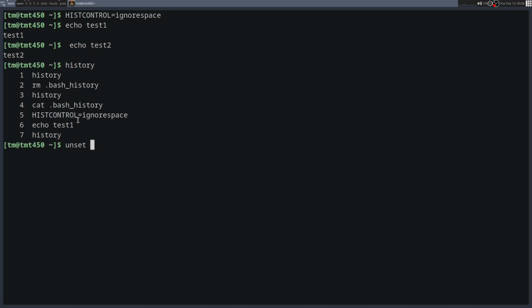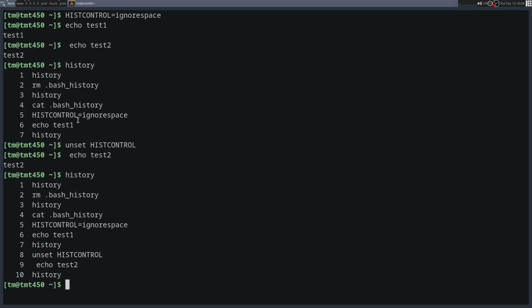But say we just remove the variable completely with the unset command, we scroll up, oh, it won't be in there because it's not in the history. That's another thing. If you put a space in front of the command, it won't be in your history. So the things we use to find previous commands, like the reverse search and like scrolling up, won't work. But if we do it now, what we can see is it's there. So that's just something to keep in mind, this HISTCONTROL variable can